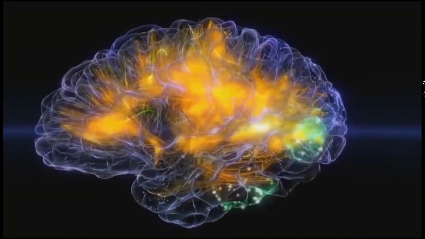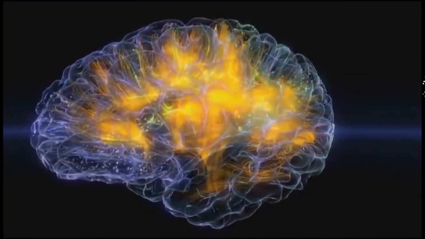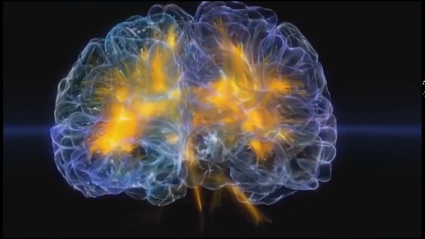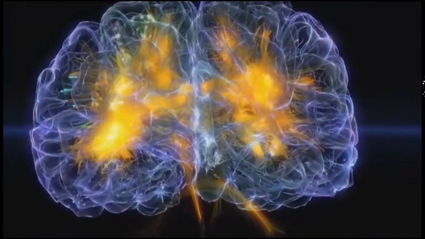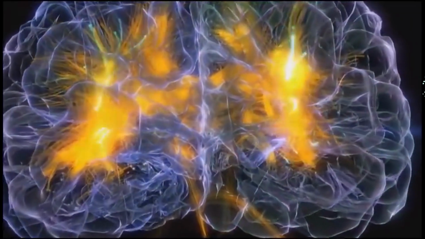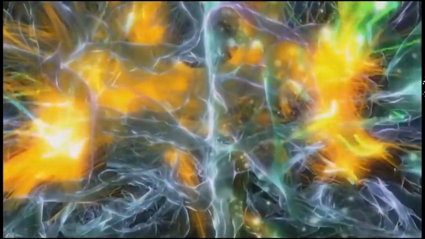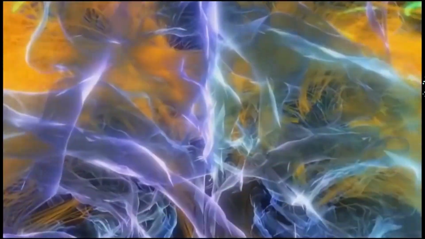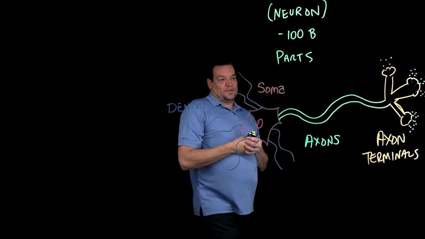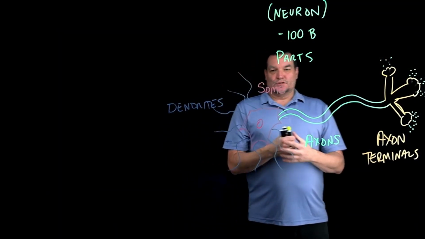These chemicals are going to find anywhere from 1,000 to 10,000 other brain cells on average with which to connect, with which to influence,